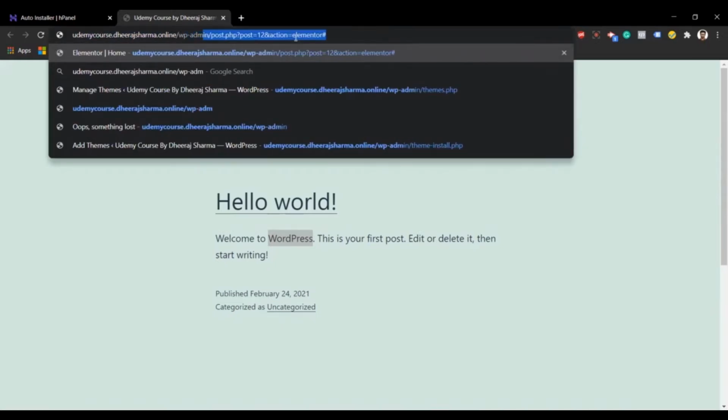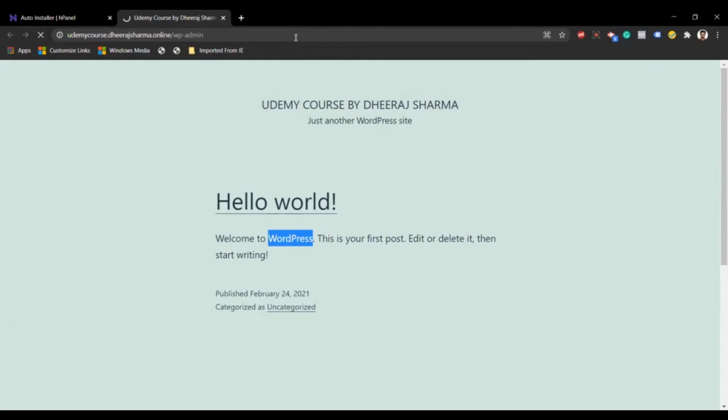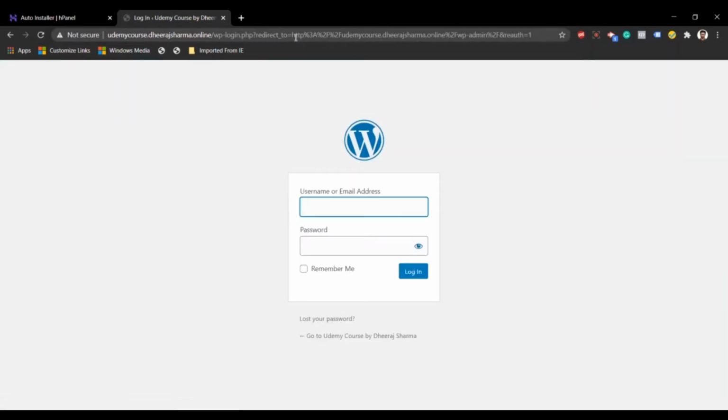Dash is hyphen only, and if you hit enter with this particular domain slash wp-admin, you will be able to come up to this page where you can simply log in using your email address and the password which you have given while installing WordPress. So simply type in the password and the username and click on login,